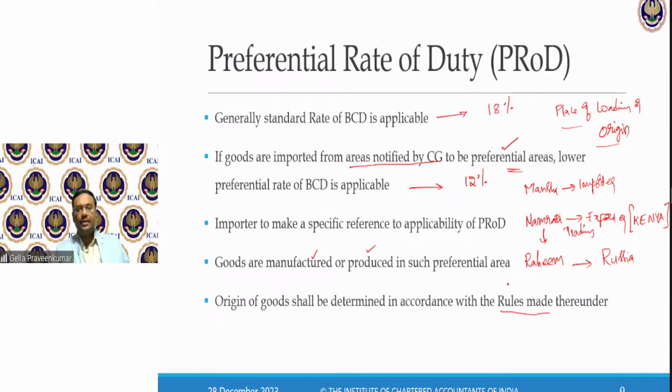So here, there are rules formulated which say that just because the goods originate from this particular preferred area, the importer is not going to enjoy the benefit. It has to be proven that the goods are originating from an area which is notified, where the manufacturing or production is going to happen. So here, we ask for something called a packing list and also a declaration. So what happens here? When Mansa is importing the goods from Namrata, Namrata is selling the goods to Mansa.